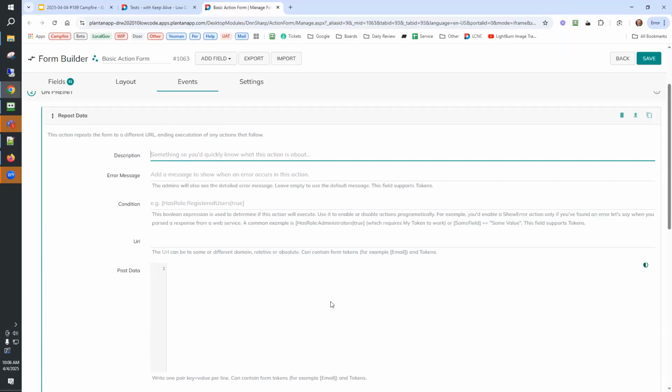So I put in under the condition a query string, so if I want to test it, I'll say something like X equals true in the condition so that you can control it. If you don't pass that query string in, the page will just load without firing that repost data. So heads up as you build yourself a test system.